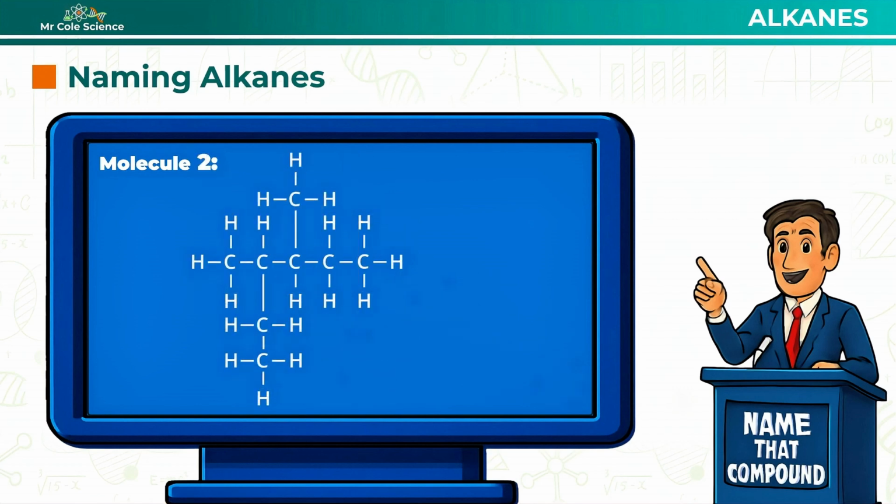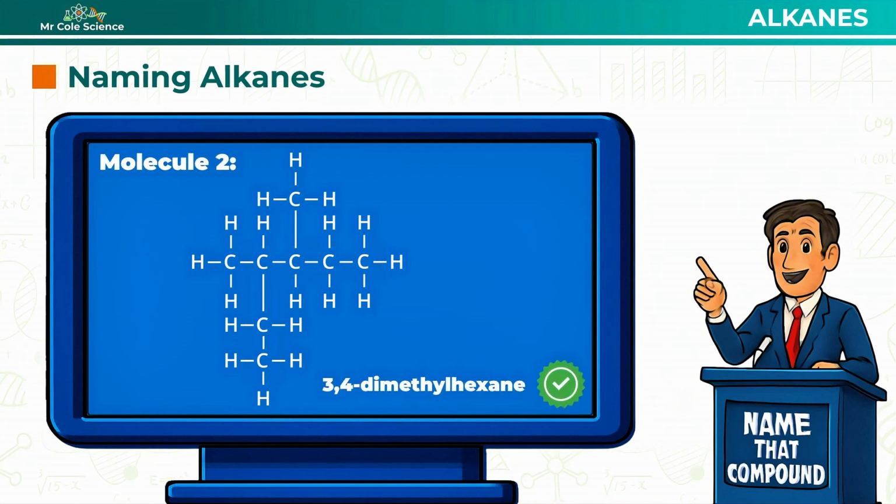Molecule 2. Now, this one's a tricky little number. A lot of students are going to instantly be drawn to that horizontal chain of 5 carbons and say you've got an ethyl group on the second carbon and a methyl group on the third, but they'd be wrong. Our longest chain actually includes that ethyl group, giving me a carbon chain length of 6. We've then got 2 methyl groups, and whichever way we numbered the chain, they'd be on the third and fourth carbon, giving us